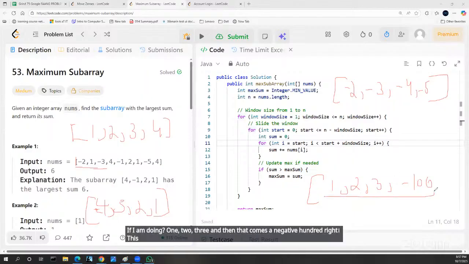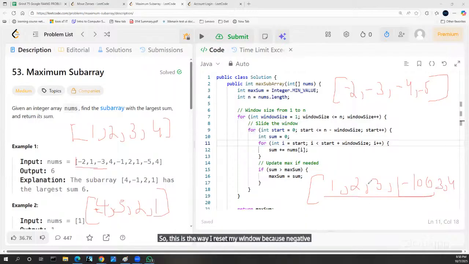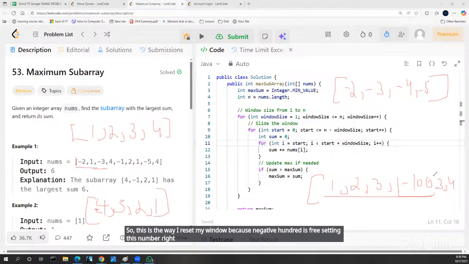Since this is an array, unless I go through these, I cannot get to the good part on the other side of negative 100. So this is where I reset my window, because negative 100 is resetting this number, right? So I move to the next positive window and I keep moving. So as long as my window is increasing and